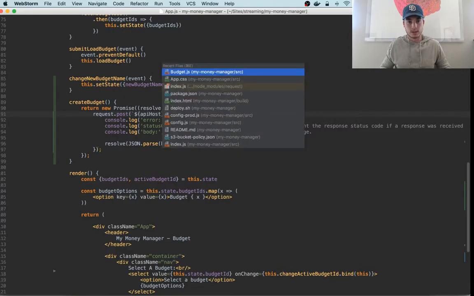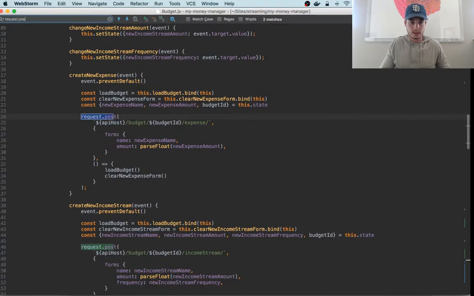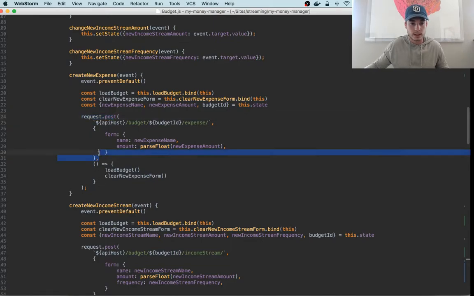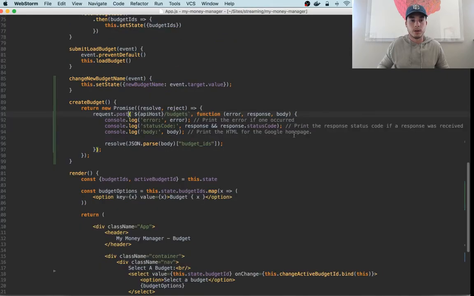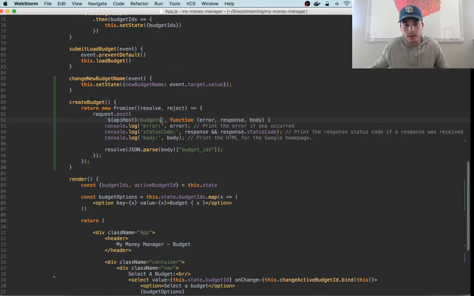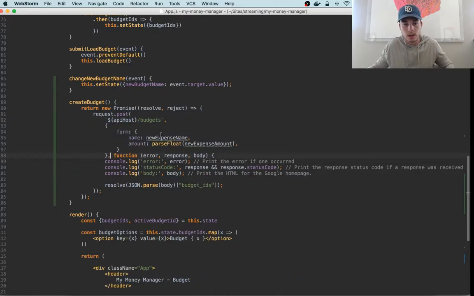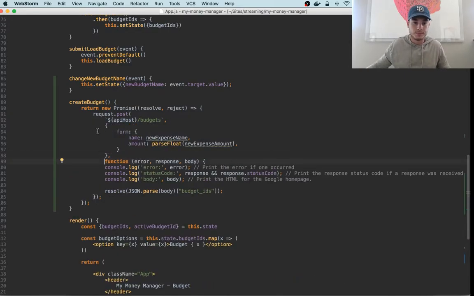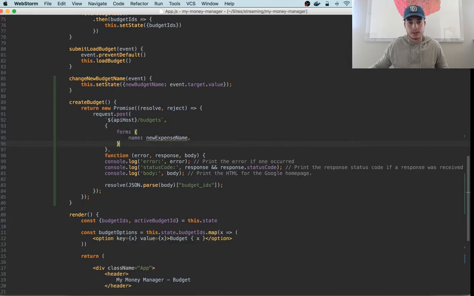I think that's how we did it, right? Request.post, and then the URL, and then the form is the second argument to that post. So it's going to be the endpoint we're going to post to, and then it's going to be the form, which is just a name for now. That's new budget name,